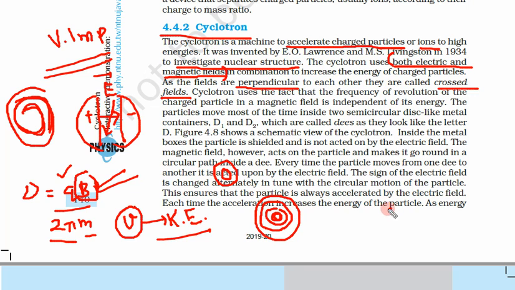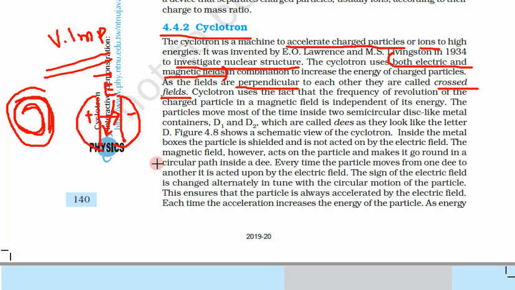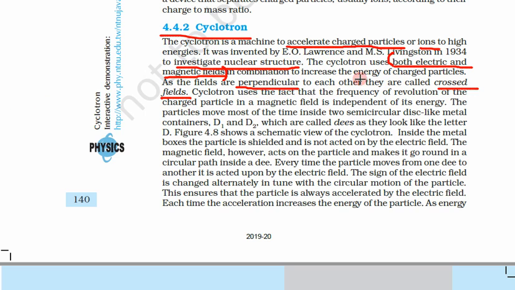Let us say this particle takes only 3 rounds in 1 second, so it will take 3 rounds. If we increase its energy, then again it will take 3 rounds in this circle, and that depends only on the magnetic field, because Q, 2 pi and m are all constant and V is not in the formula. So this thing must be clear to you, that frequency only depends on the magnetic field applied. So this frequency of revolution is independent of energy.